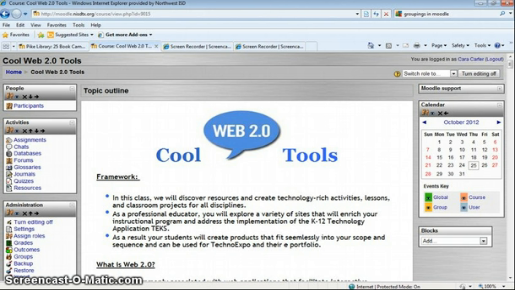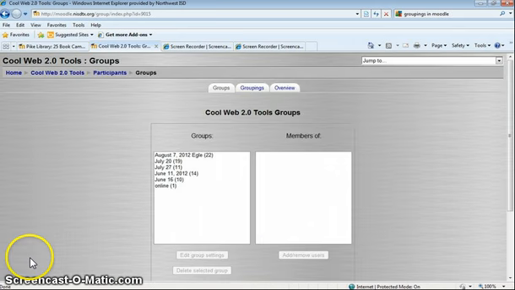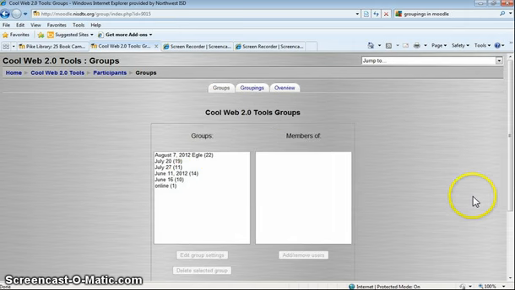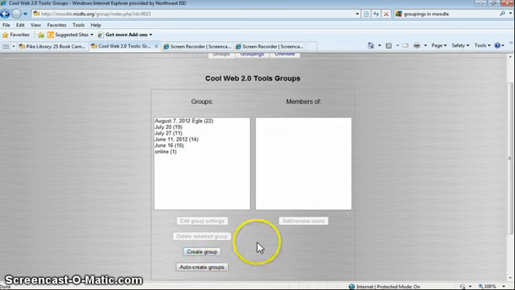In order to show you how to create groupings, I'm going to use our cool Web 2.0 tools. The reason I'm going to use that is to protect the privacy of students, because only teachers are enrolled in cool Web 2.0 tools. So in order to do this, I'm going to click over here where it says groups. Now you're going to have a group and a grouping called the same thing. So the first thing we're going to do is create a group, and this first group, let's say